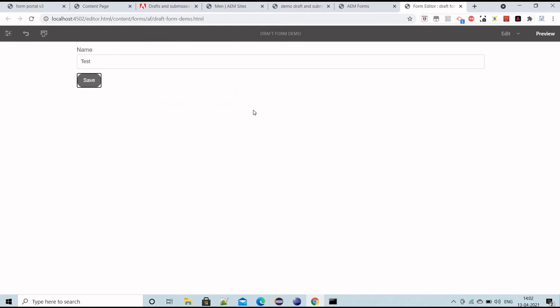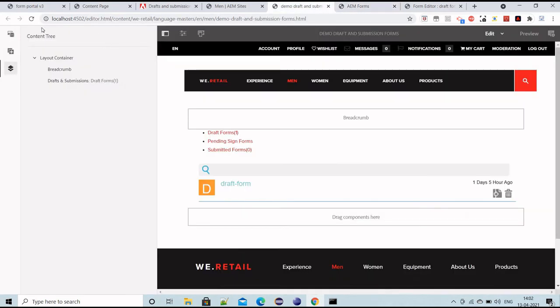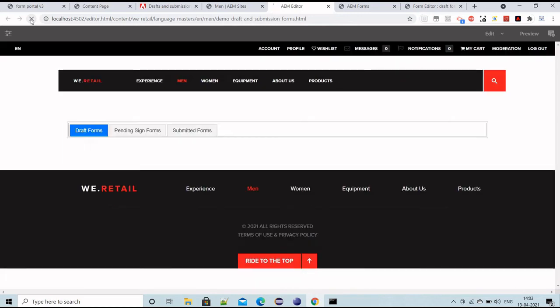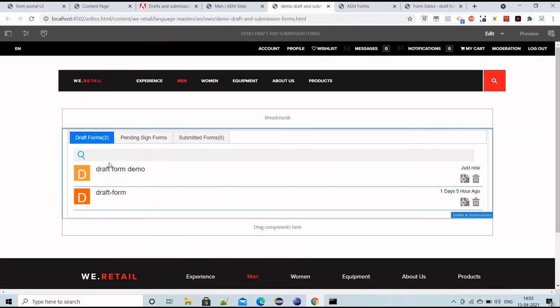Right now it's in the draft state by default, because we have not submitted the form. If we go to our previous page and refresh it, now the draft forms count has been increased. Now it's 2. The newly created form is coming now.